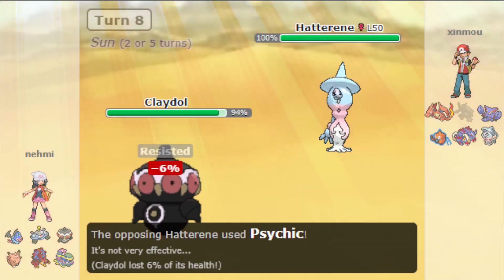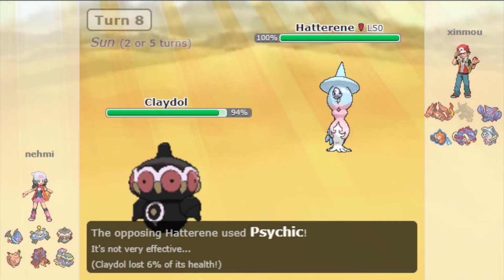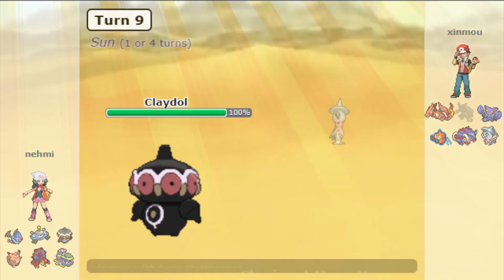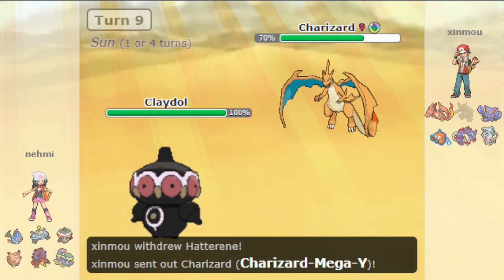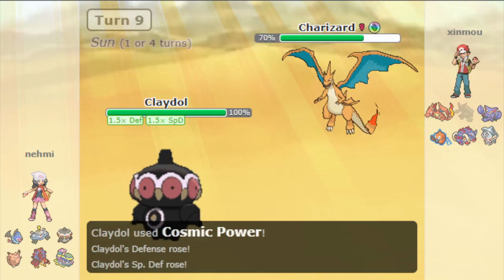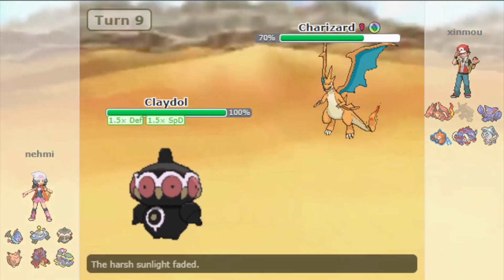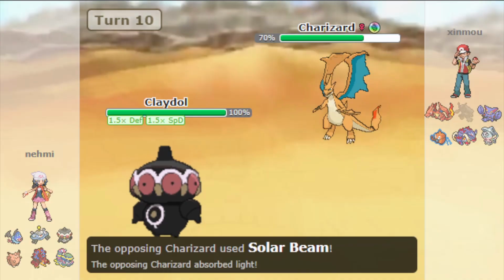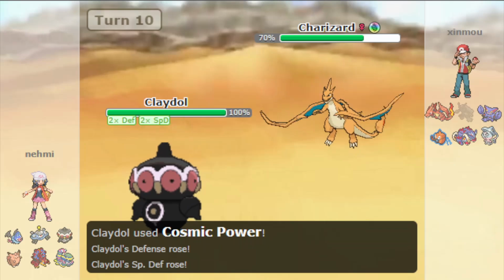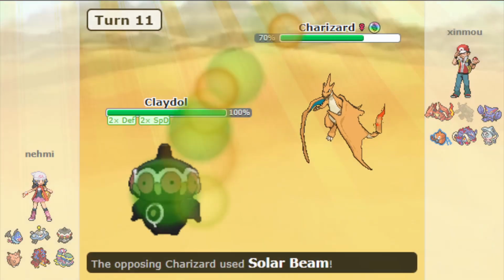knowing that I can take any hits that this throws at me, so I could just start setting up some Cosmic Powers. And now knowing that the Charizard under the sun has Solar Beam almost all the time, they did not end up crafting that pretty well. So they take a turn to hit Solar Beam because it's a 2-turn move, and I figured this is the best opportunity for me to set up another Cosmic Power and Rapid Spin to get a little faster